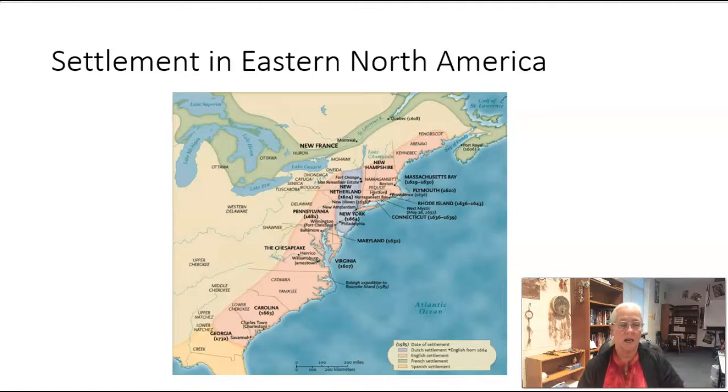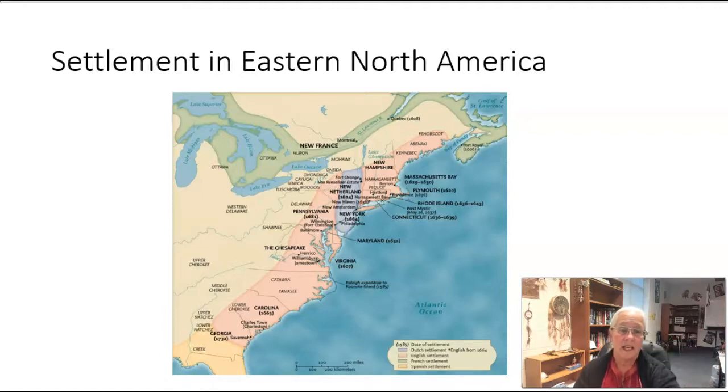Okay. Another similarity, sorry, is that both groups are going to be Christian groups, but you have the Anglicans in the South that are not intensely religiously motivated, whereas you have the Puritans up in the New England colonies, where everything revolves around what the church did or did not do.